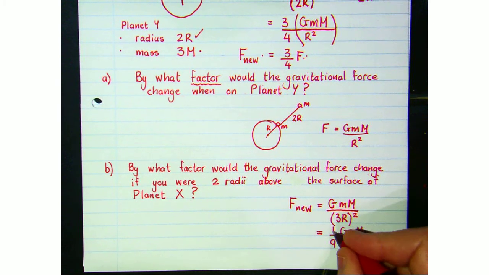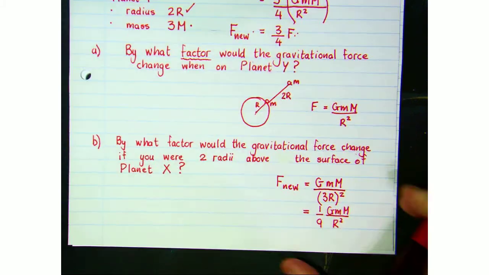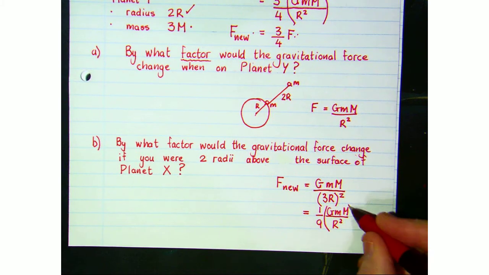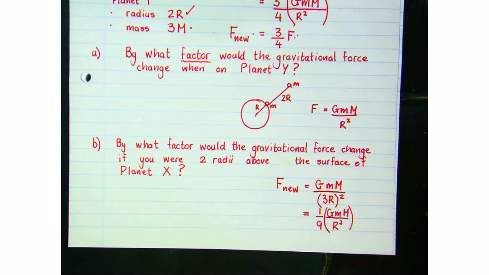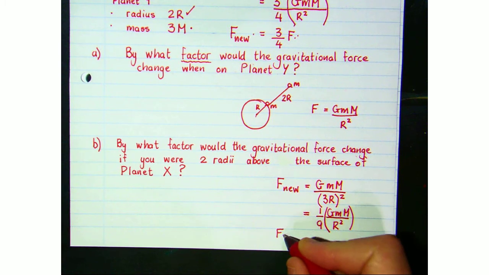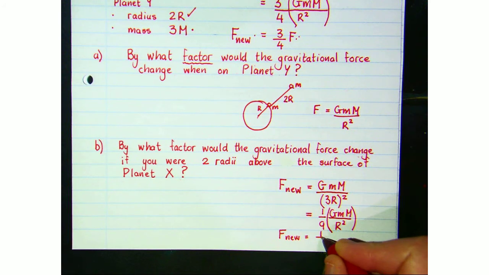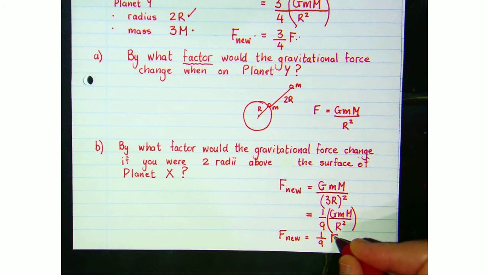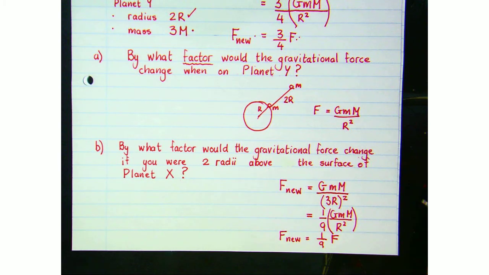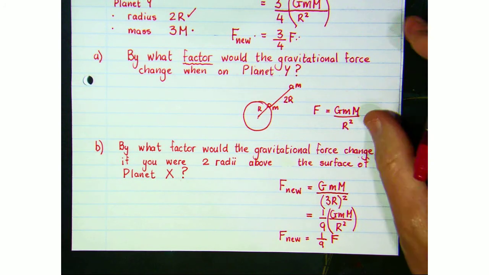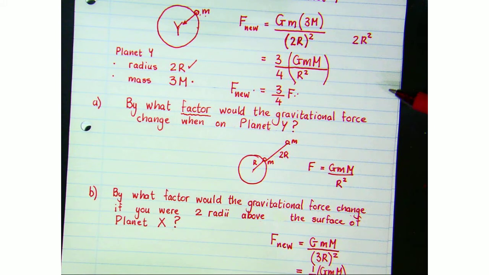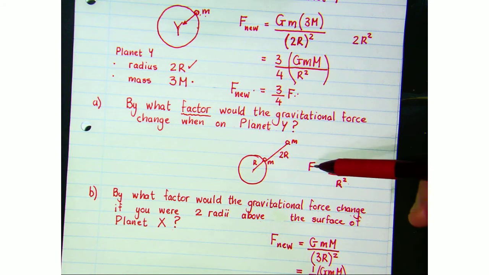Well, this expression over here is the old force. So the new force is 1/9 of the old force. So this is an example of an inverse square law, where if we triple the distance between their centers, then the force is 1/9 of its original value. So increasing the distance decreases